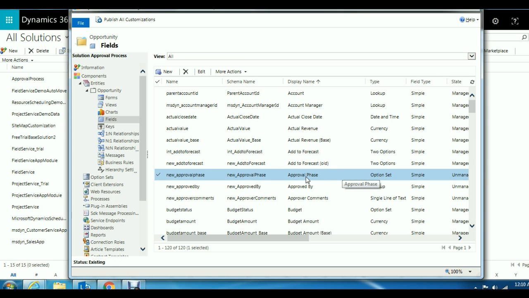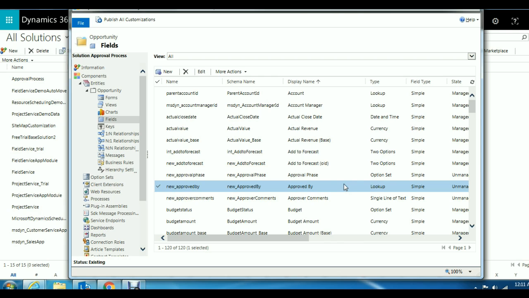Approval phase is an option set or a pick list which contains values like approval pending, approved and rejected. Another field is approved by, of type lookup, which will contain the user ID who has approved